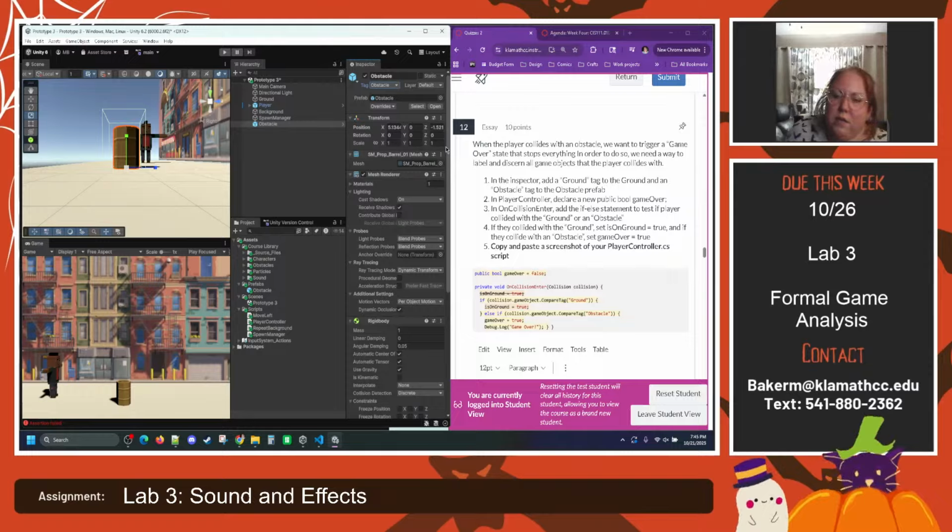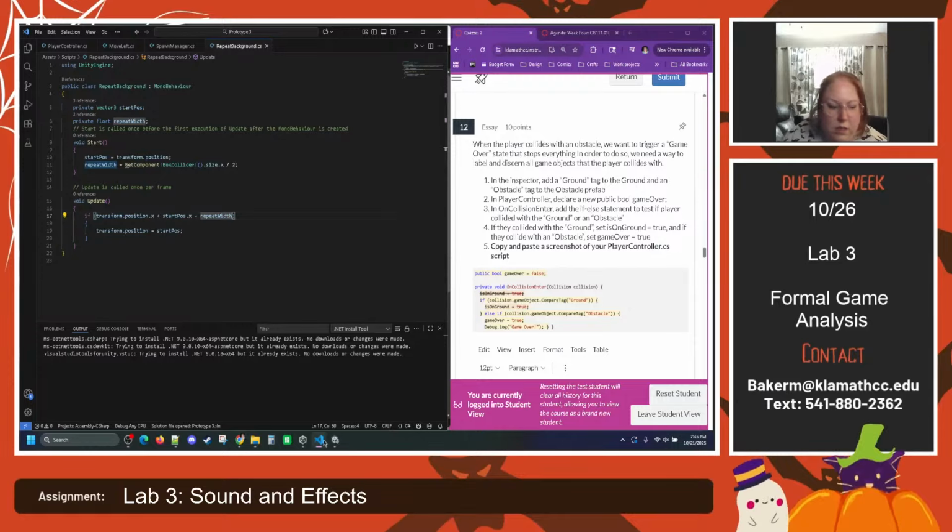Okay, so now in our player controller, we are going to add a new bool that is checking whether or not it's a game over, okay? So we're going to go into our player controller script here, and